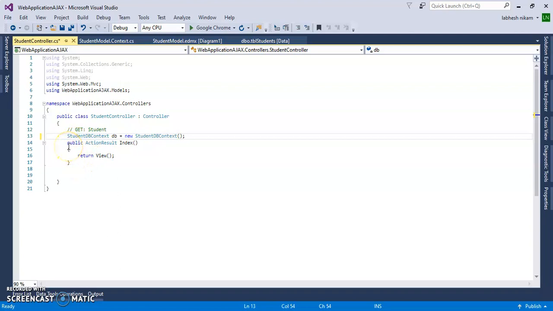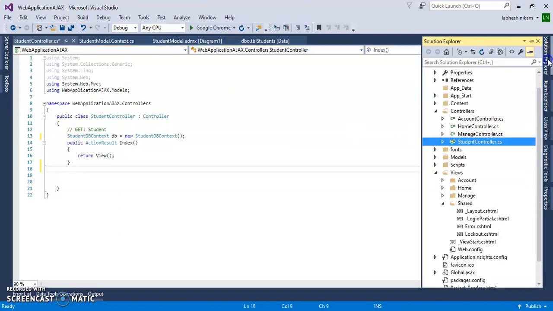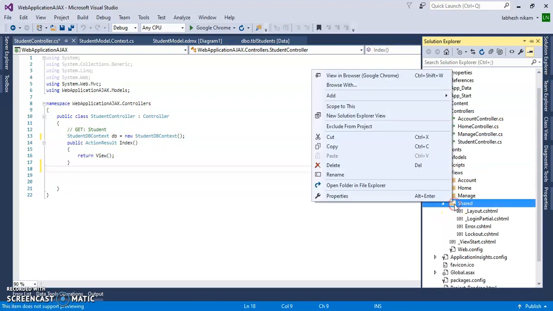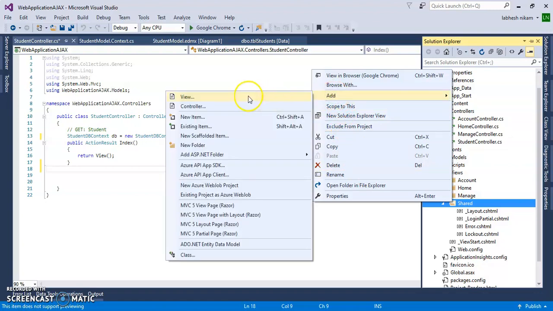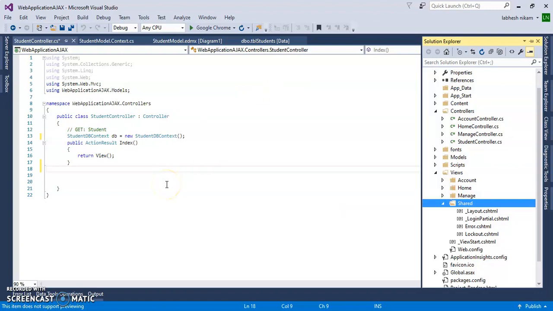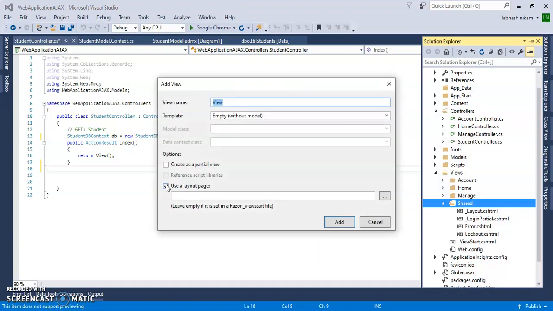Let's create a partial view inside the Shared folder, so we can use this one Shared folder between all the pages. Let's add view, click on partial view, create a partial view and give the name Student underscore Student.